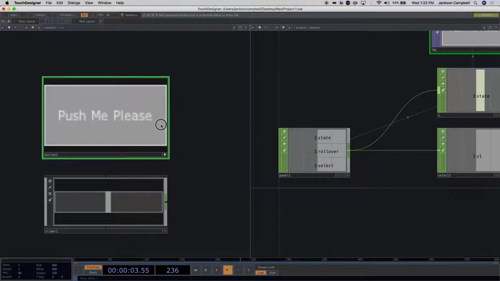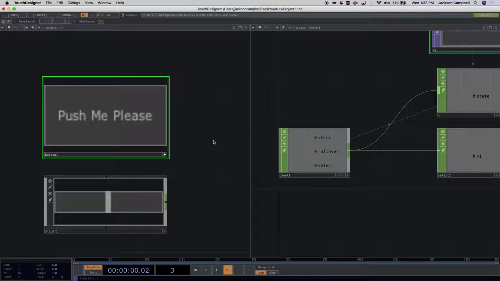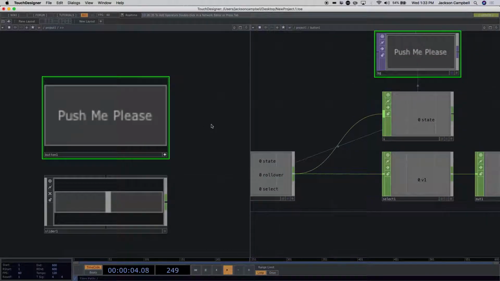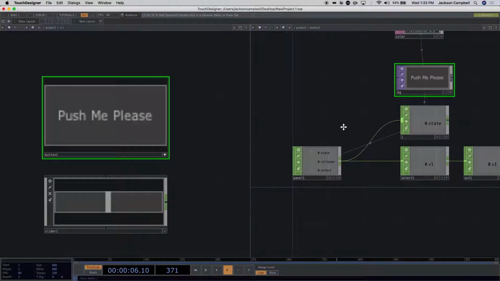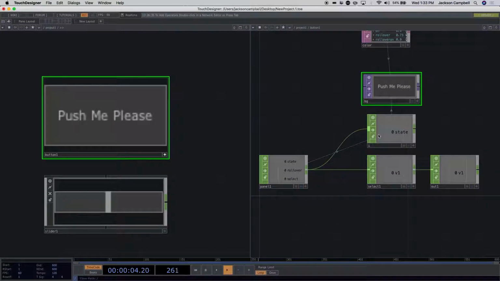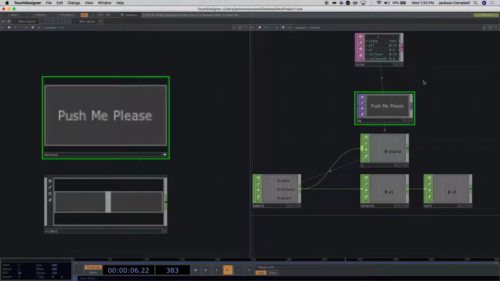And it has an on and off state, which currently is on. That would be off. Each one of those creates rollover off, on, rollover on, and off, and all of those 4 different states are